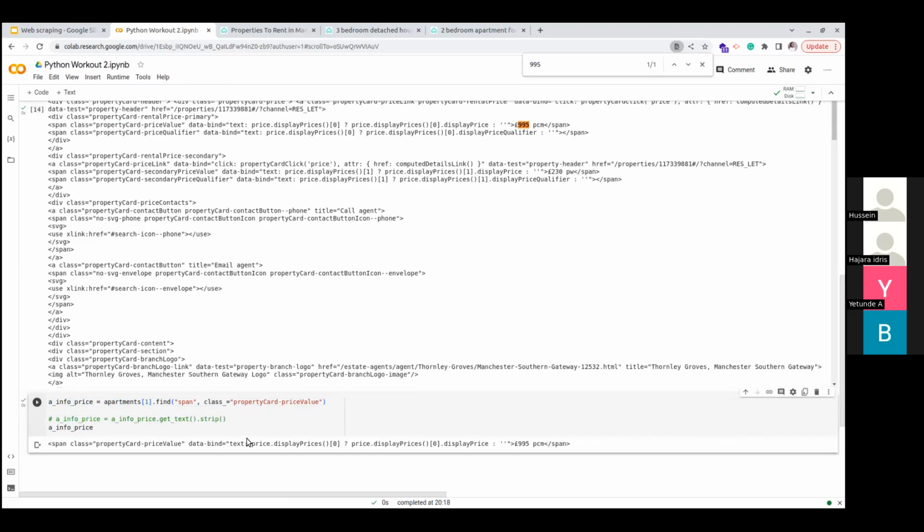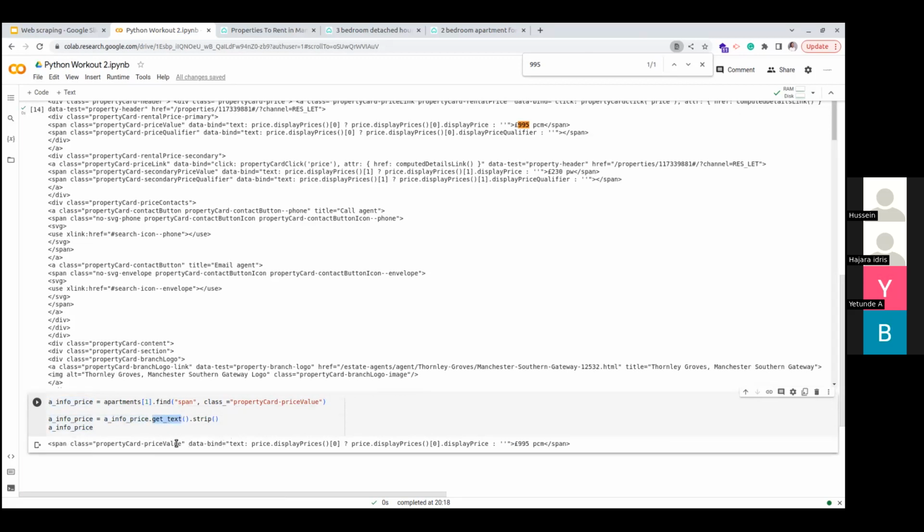You can see we just return the span, but we don't need all these extra things that have come. We just need the value of that span, which is 995 PCN, the price of the house. So how to do that is this other line here. So you just do info price, or this can be any variable, but I just left that same. So you just do this, what you have gotten here, and you now do get text.